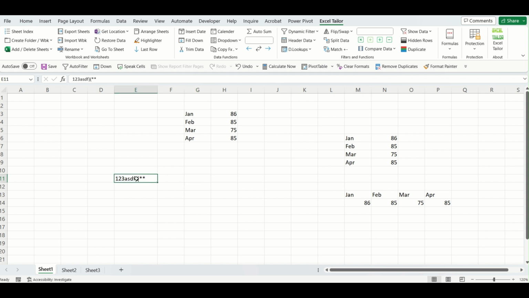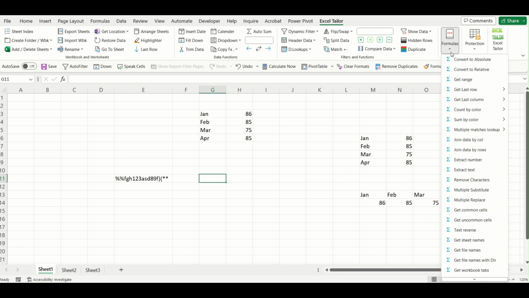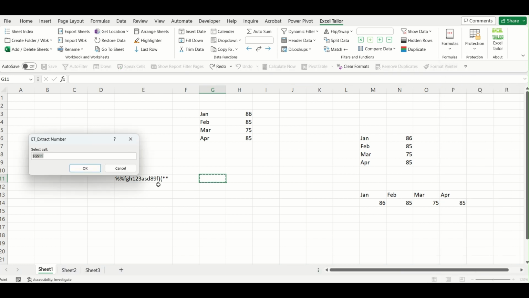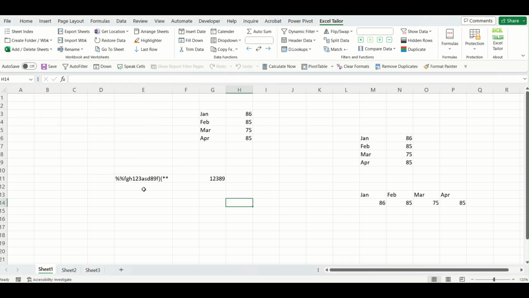Okay, let me put another number in between, something like 89, and let me put some text over here. Okay, and let me make it more difficult, like this. Now I want to extract the number from this particular cell. What I need to do, I will select the cell, I'll click on formulas, I will click on extract number. It is asking me to select cell, so I will select my cell like this, and you can see it has